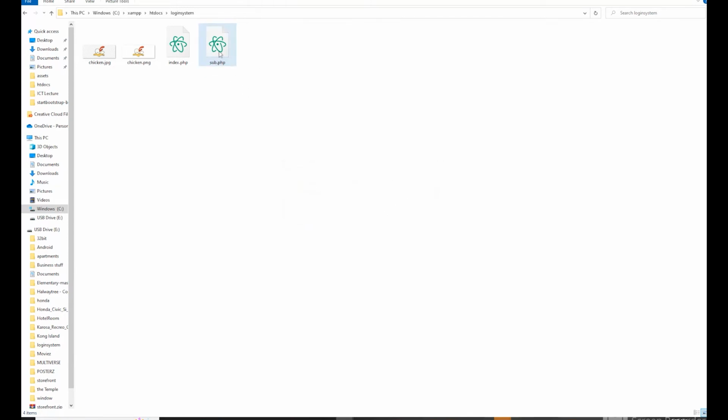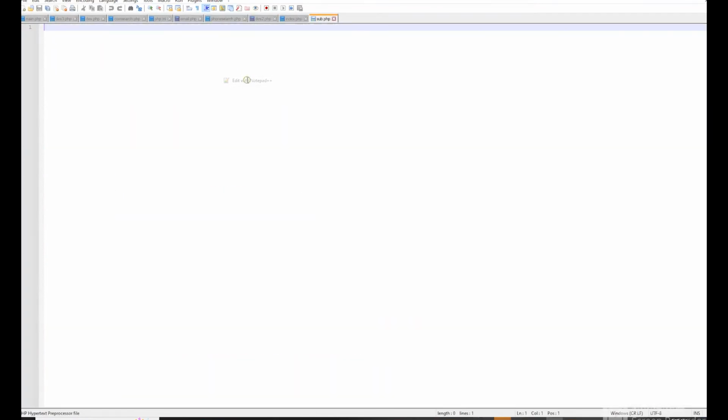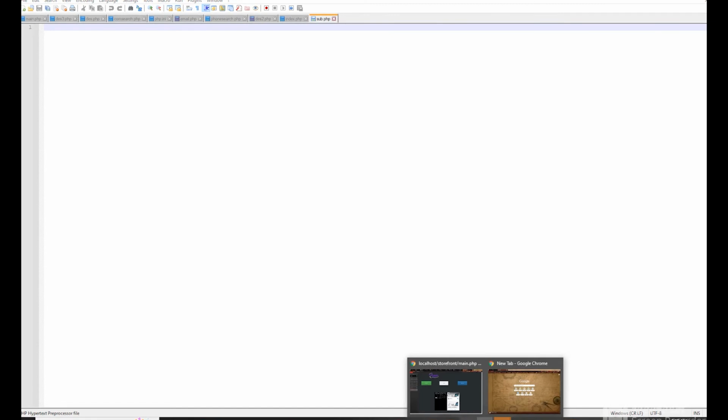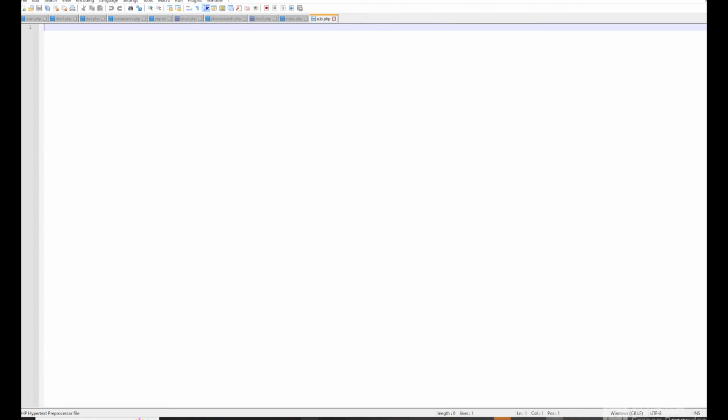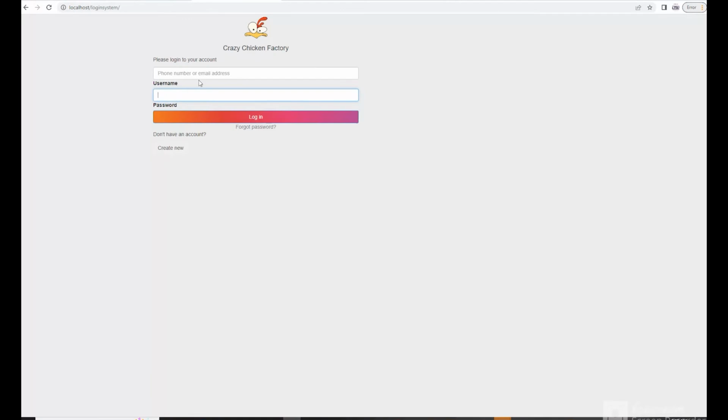All right. So in this page, you can pretty much just create your connection to your database, which I'm going to pretty much be doing. So we are going to be going through how we create. So we've just created our database, and all we need to do now is to connect to the database and then validate. So whenever, let me go back through this. So whenever the persons put in their username and their password and click this login button,